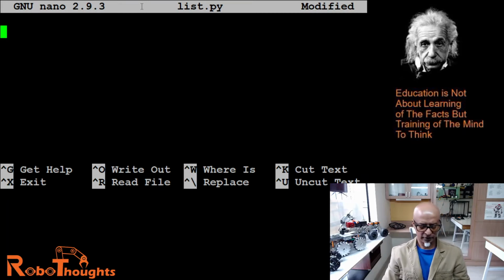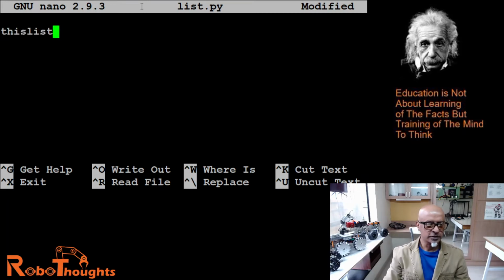Let's say this list again equals to what bracket? Curly bracket or a round bracket? No, it's a square bracket. You are creating an object, right? Square bracket, and then with a double quote, open and close, and then separate with a comma. Let's see, Dr. Strange,